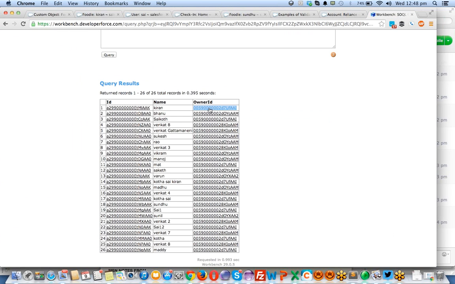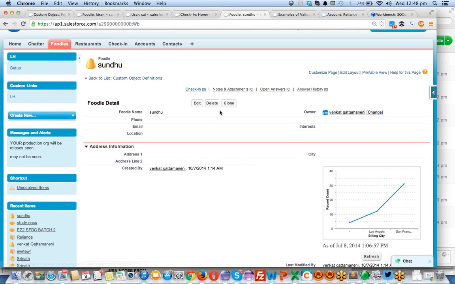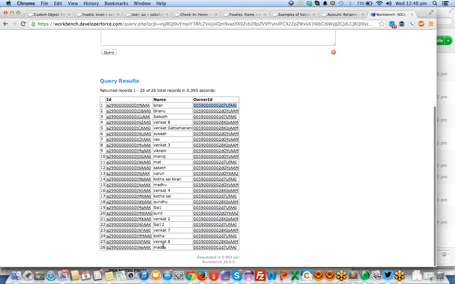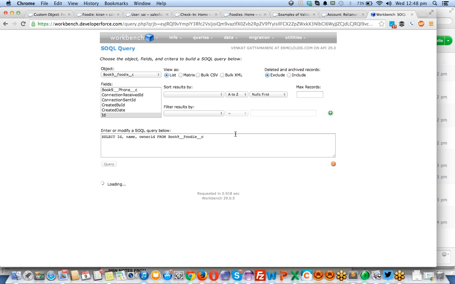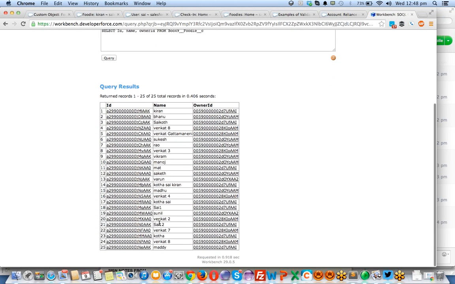Come back to the application, and now I am going to remove Sindhu's record. Clicking on OK, Sindhu record is getting deleted. You see, Sindhu record is there somewhere around. Yeah, here is the Sindhu record, which I created just now. Now I am clicking on query. See, now the record which you have seen is gone out of the system.